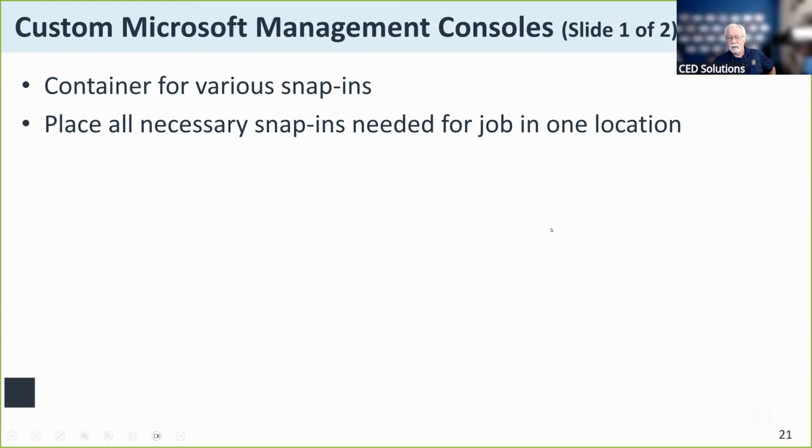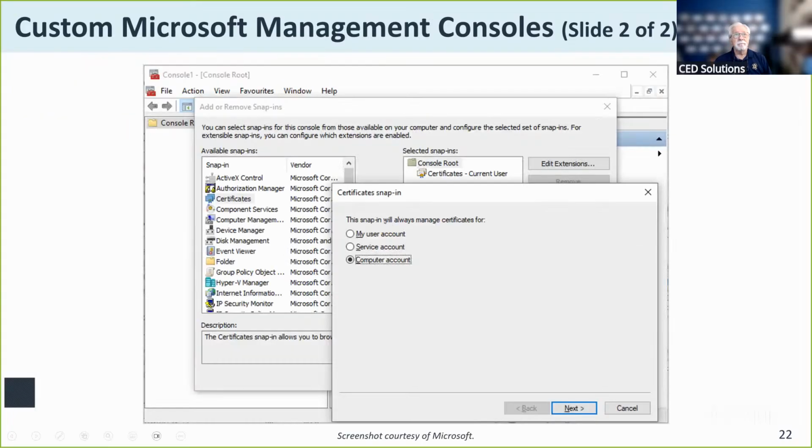Now, I've mentioned a couple of times, and we've already made reference to several of these management consoles, these applets, they call them. Every one of these has a very specific purpose, and it provides you that graphic user interface access to these management applet programs. You can create your own. This console editor here will allow me to basically set up my own management console.